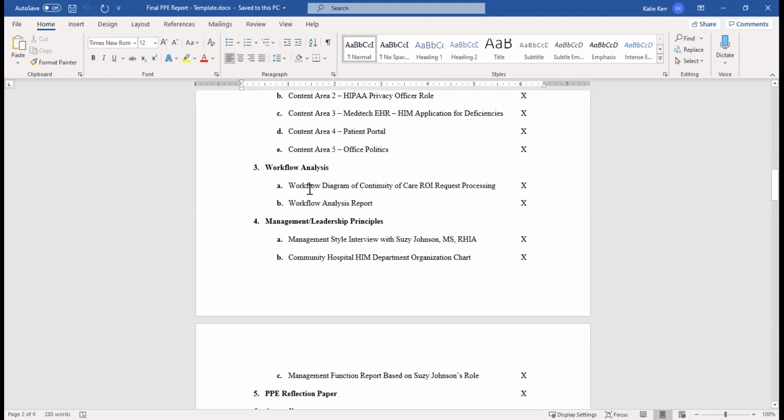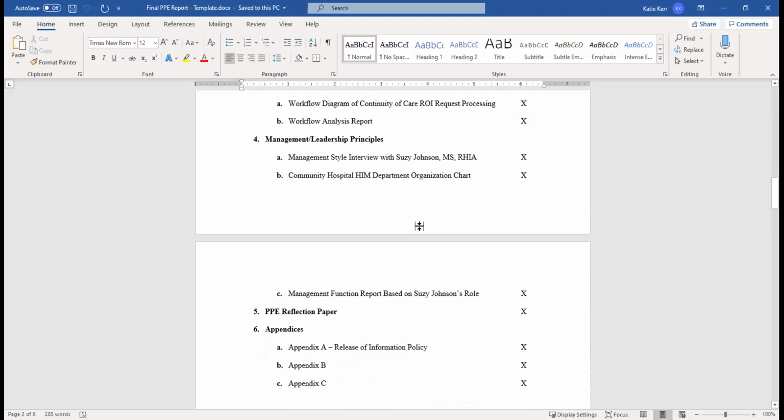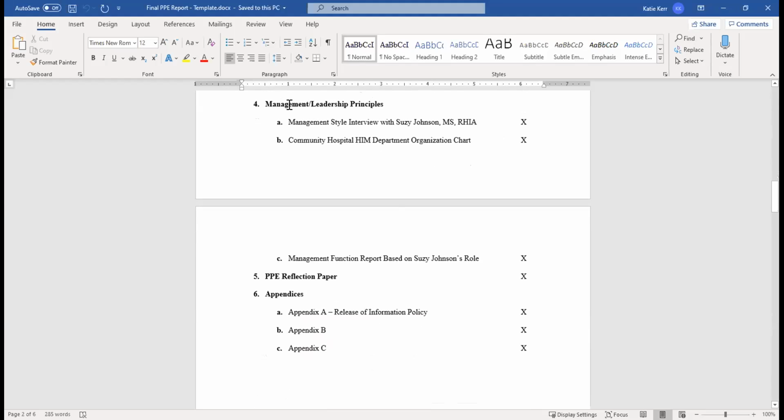Workflow analysis, you're going to provide the diagram, right? And here this is my example workflow diagram of continuity of care ROI request processing. So give me some indication of what the workflow diagram is in regard to. Then you're going to compile your workflow analysis report. That should immediately follow it. We're going to